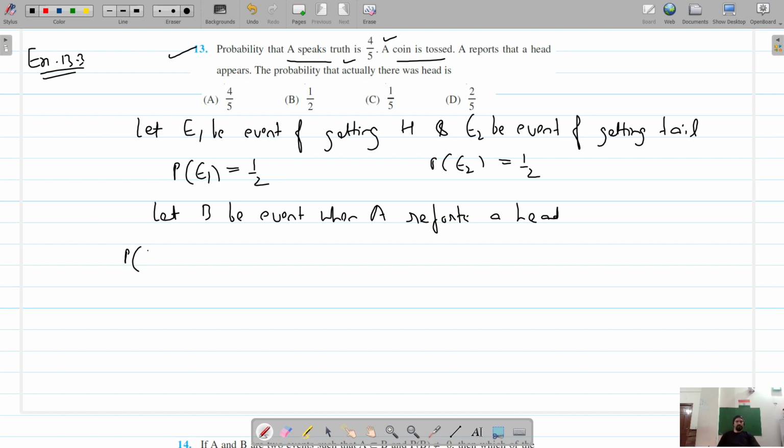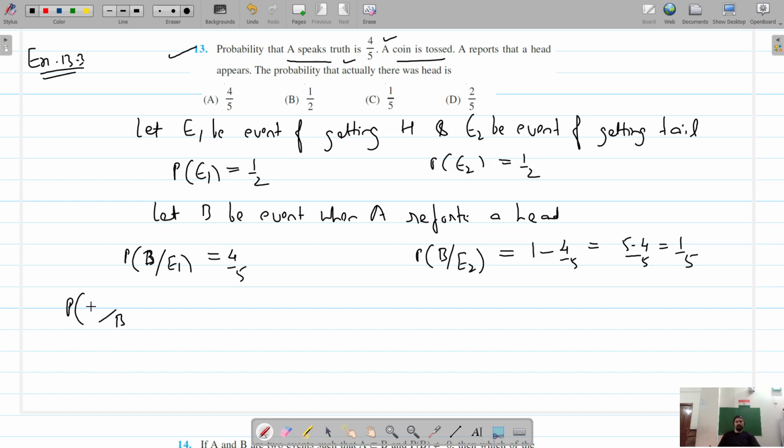Now, the probability of A reporting head when actually it's head is 4 by 5, and the probability of A reporting head when it's a tail is 1 minus 4 by 5, that is 5 minus 4 by 5, that's equal to 1 by 5. And what is asked in the question is